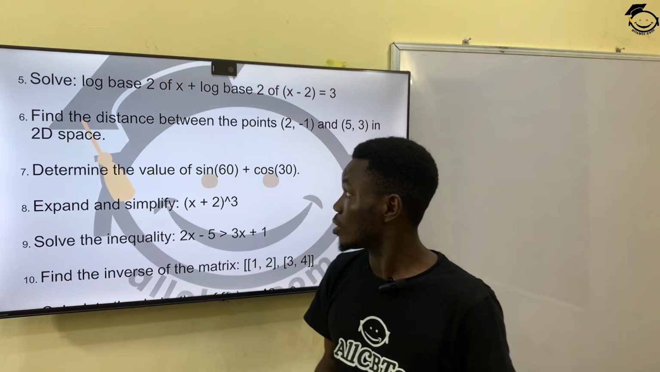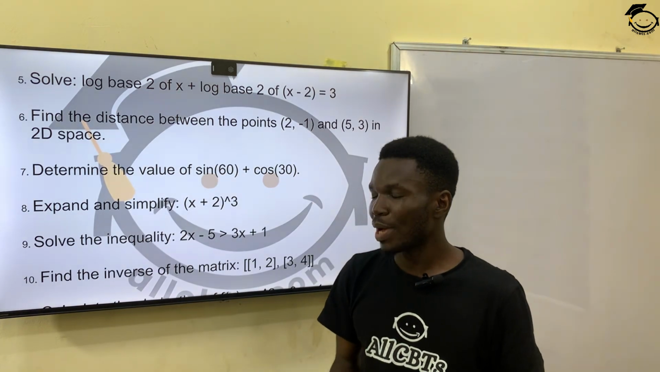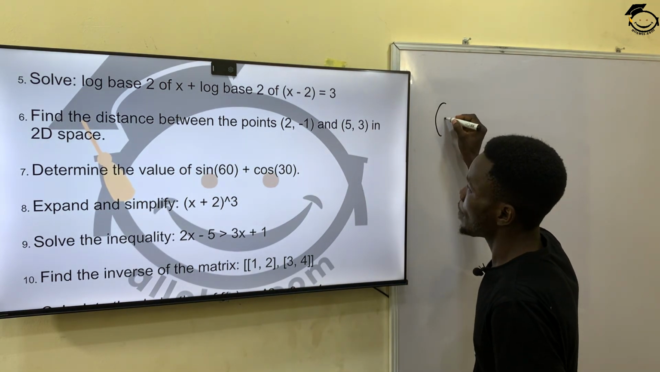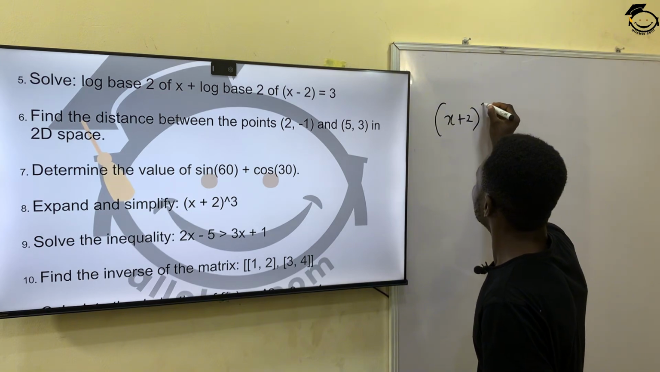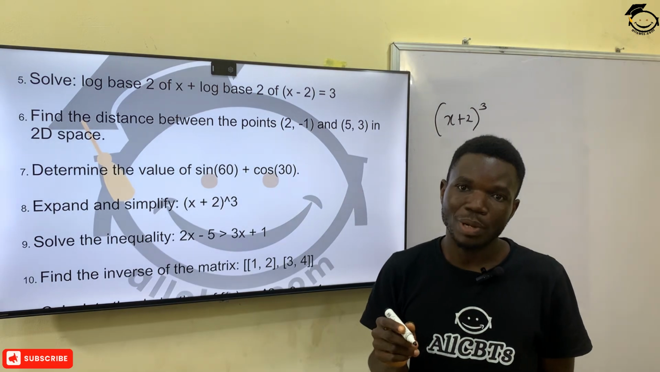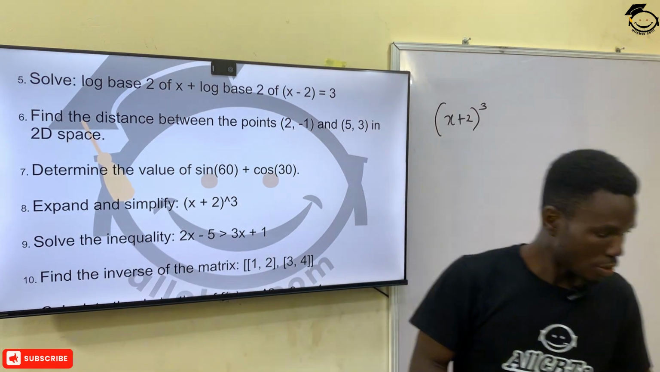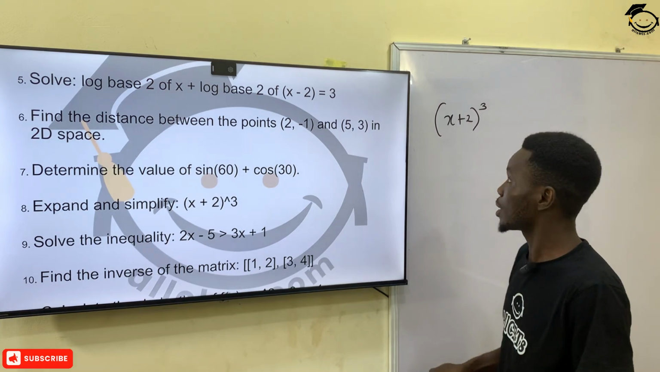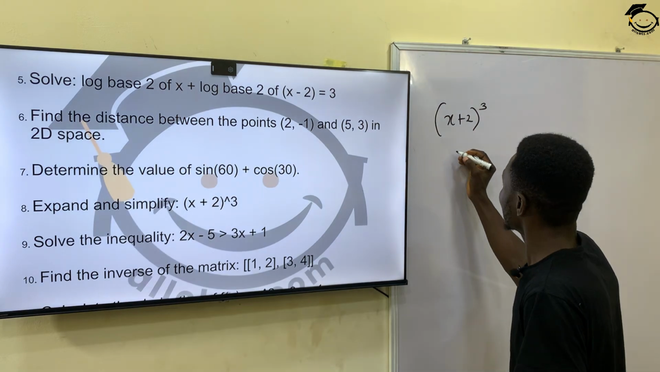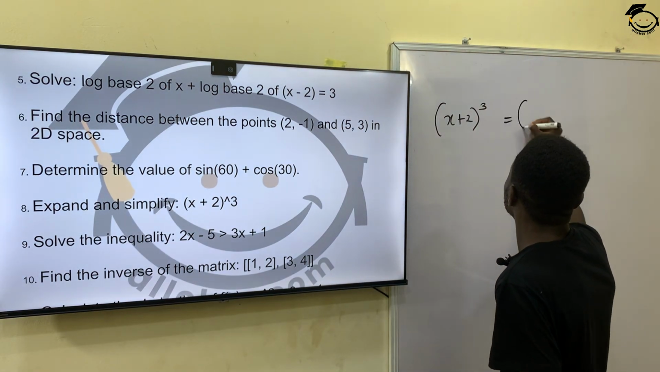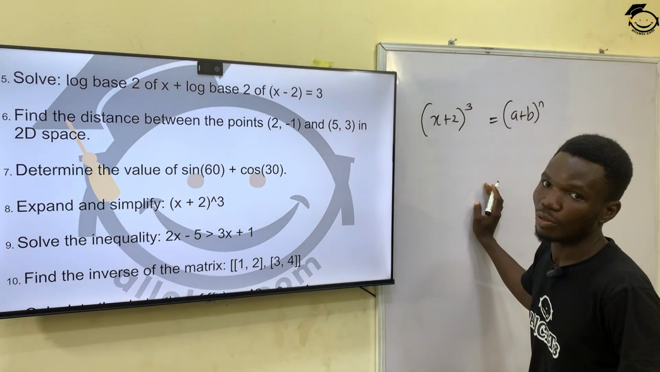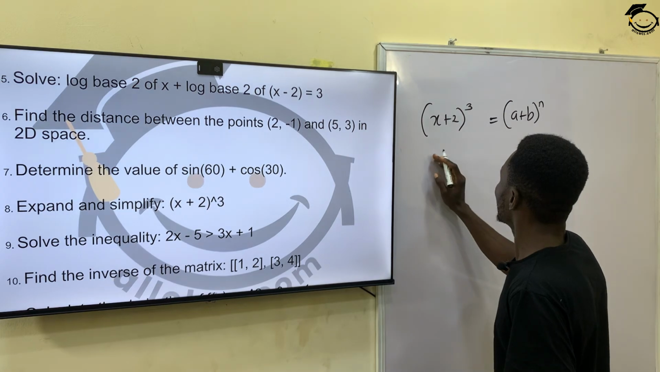So that takes us to question number 8, which said expand and simplify. So we're asked to expand and simplify x plus 2 raised to power 3. The simplest way to solve this question is to use binomial expansion. So if you want to solve this question using binomial expansion, all you have to do is use the binomial formula, which says that if I have something like this, this is the same thing as saying that I have a plus b raised to power n. So if I apply the rule of binomial expansion or binomial formula, what you'll be having here will now give